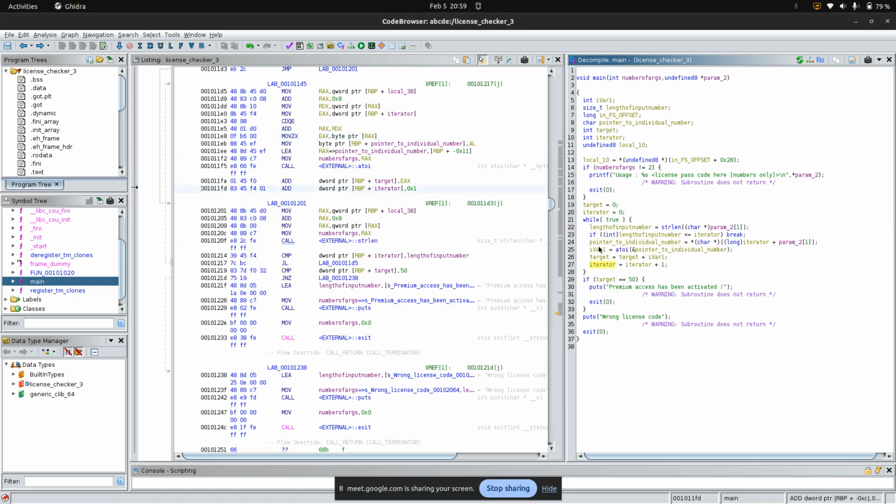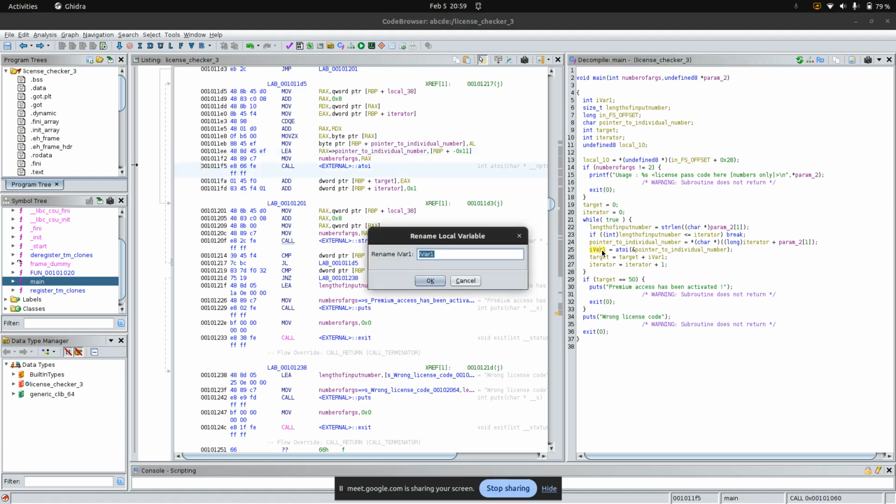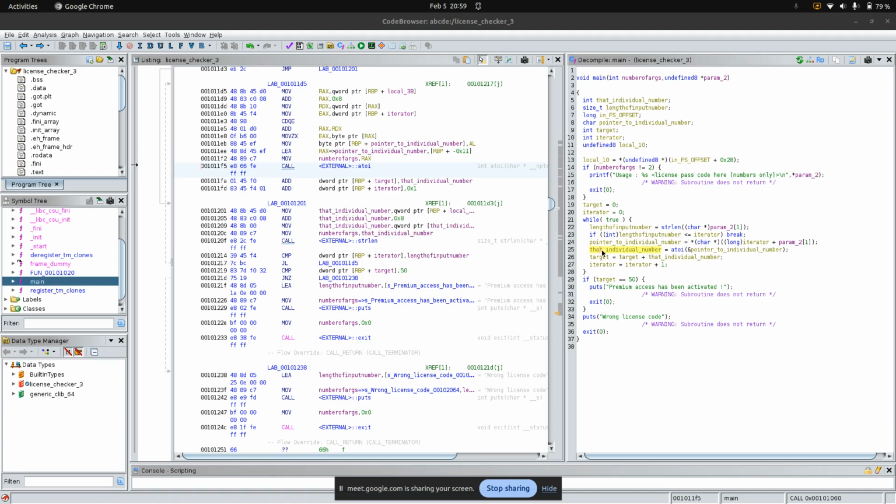Now what am I doing later? This ATOI function, if you're getting familiar with C code, basically means convert that string to a number. So far I had stored it as a character. Now I want to convert that to a number, right? And I'm using this reference here. So this is basically that individual number. ATOI converts it back to a number, and what I do is I increment my target with that individual